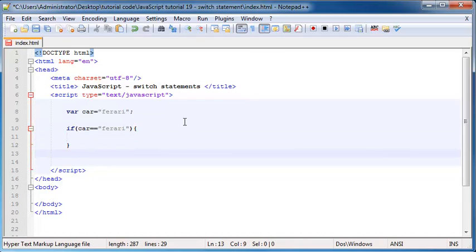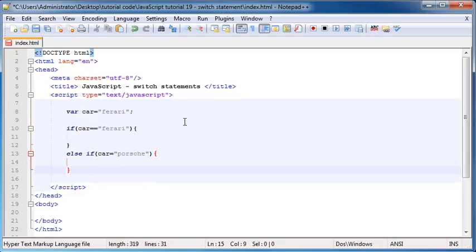And if car is not equal to Ferrari, then we'll say else, if car is equal to Porsche or whatever, then we'll do something else. And we could carry on creating a whole bunch of if statements for every single condition. But that wouldn't be very tidy, and it's actually not the most efficient method for checking for a whole bunch